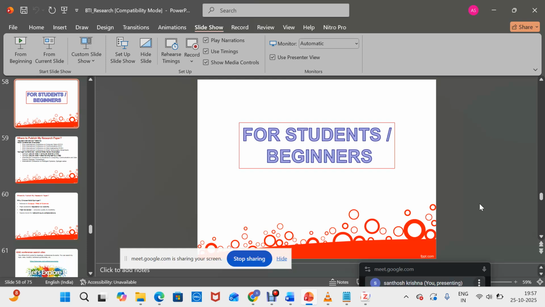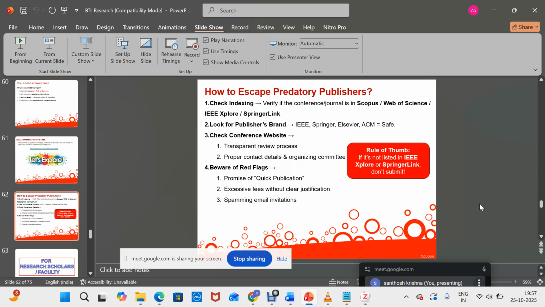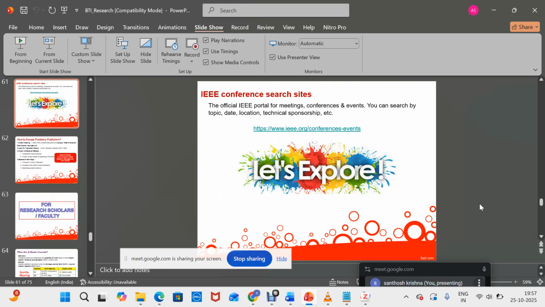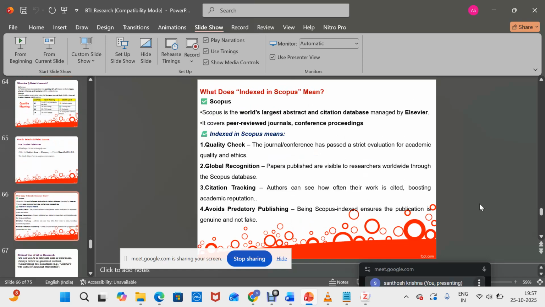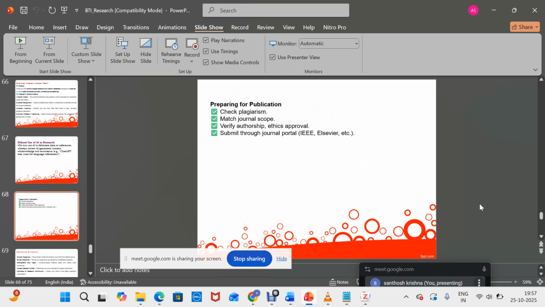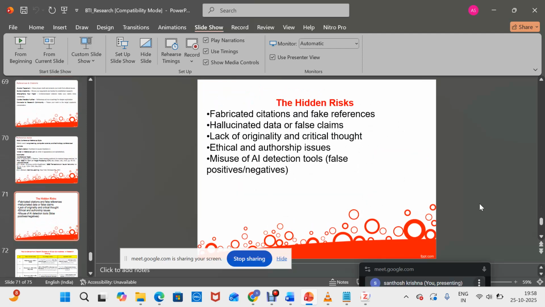Then see this, I am not going to give this content now. I am going to share this PPT. You can go through. See where to publish the papers. All those contents I am adding here. You can just go through, both for the students and for the early researchers, scholars, faculties, how to find out the curated journals. All these things, since time is almost up, I'm not covering. I'm giving you this PPT. You can just go through. In some other session when we meet, I'll explain all these things.